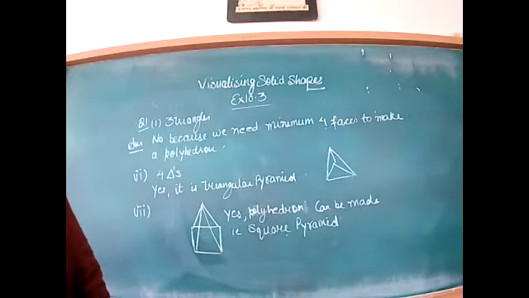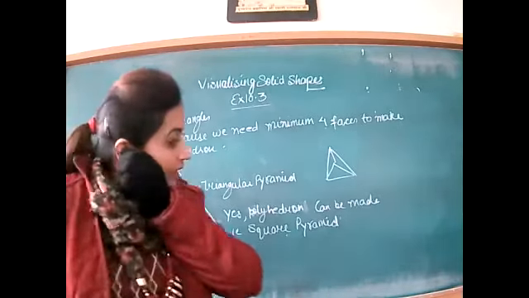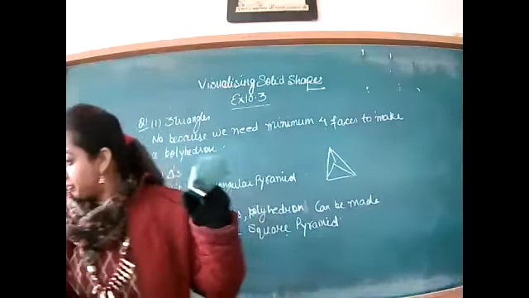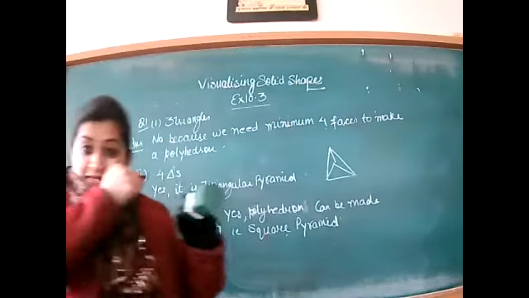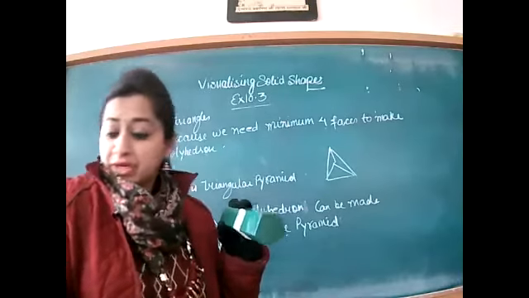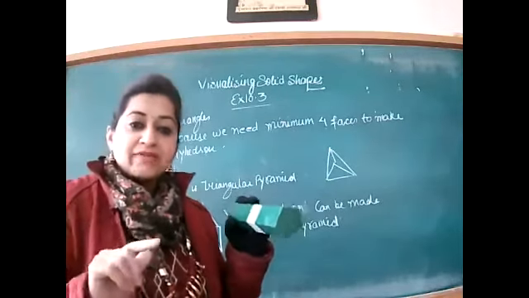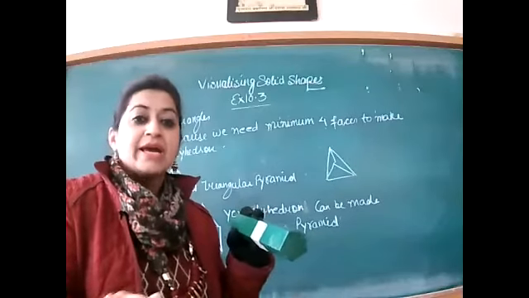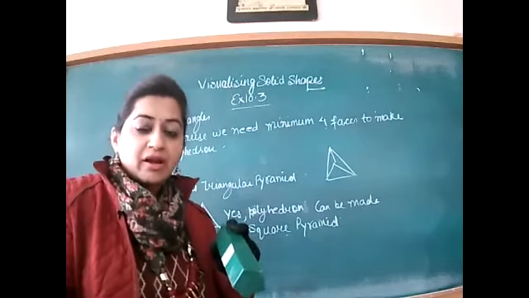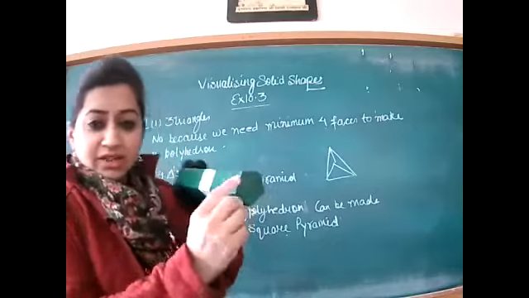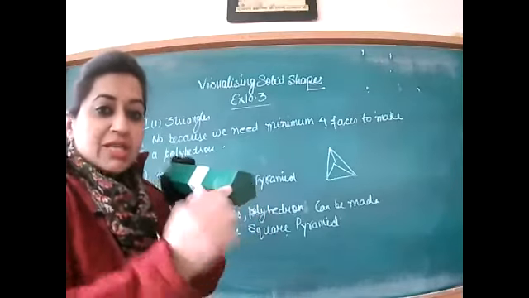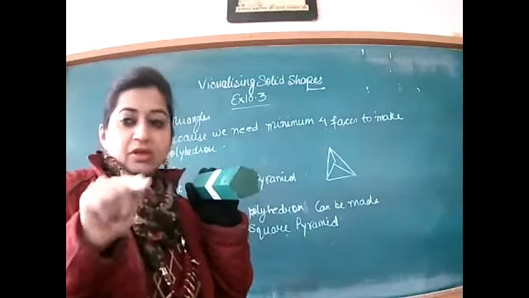Next question is how prisms and cylinders are alike. Yes, listen. Just now you saw this is a pentagonal prism. Okay. Similarly, when you increase the number of sides to 6, it is hexagonal. If you increase the number of sides to 7, it is heptagonal. 8 will be octagonal, 9 nonagon, then 10 decagon. As you keep increasing the number of sides, these edges will change to a curved surface.